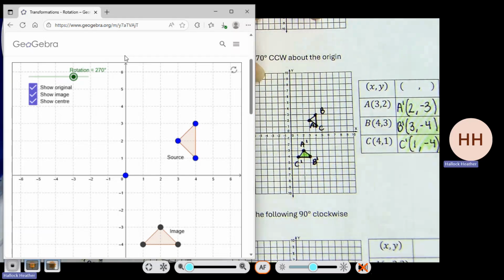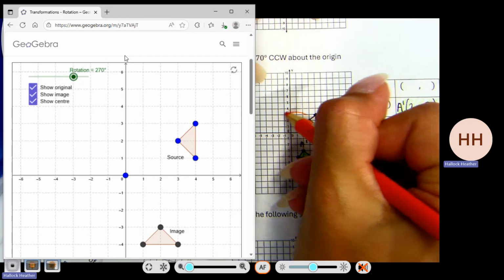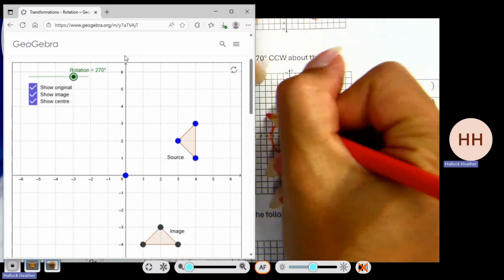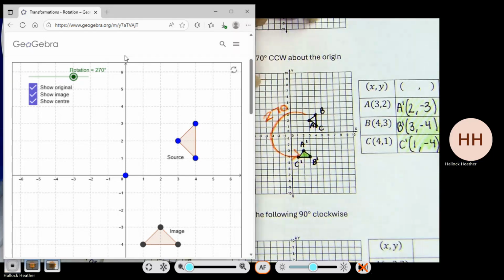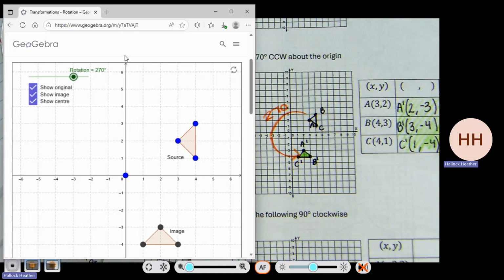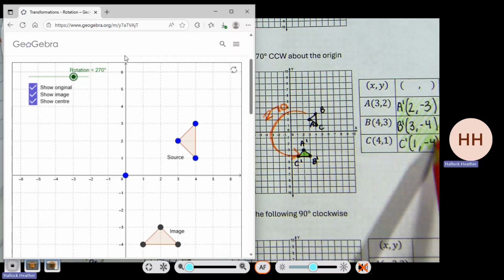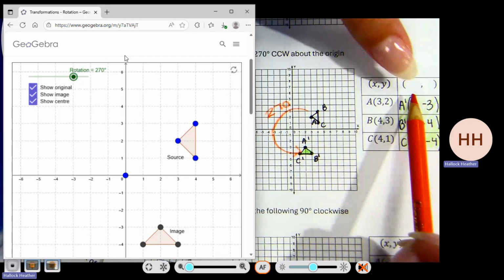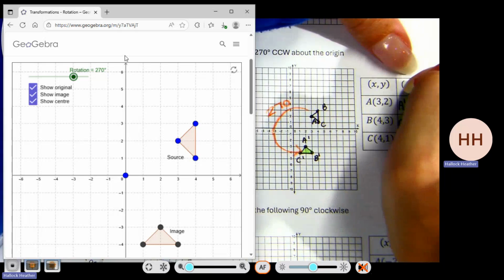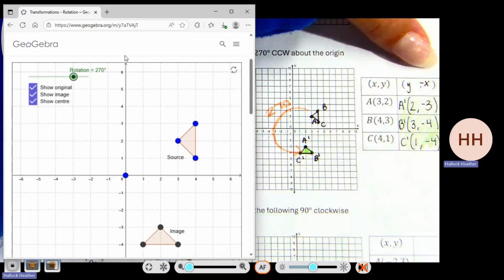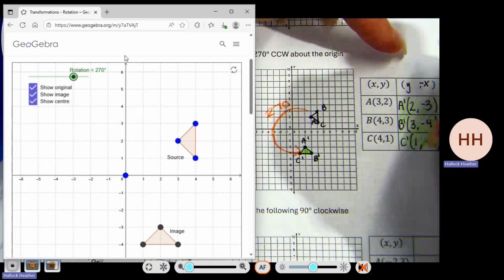270 moves 3 quadrants. So whenever I use my other color, it's moving all the way 3 quadrants. 270. So if you're comparing the numbers, this is the last rule that we need to make up. Did they flip spots? Yeah, they flipped. So X became Y, Y became X. So they flip-flopped. And then which one became negative, the front or the back? The back. The old X, new Y. So our rule is going to be Y and then X in the back, but X is negative. So that is for 270 degrees